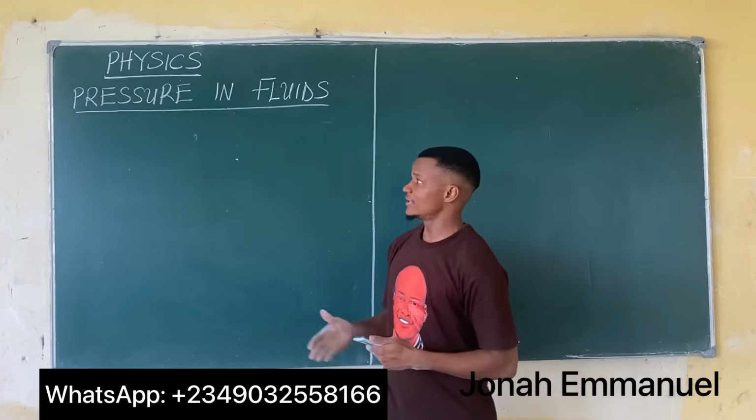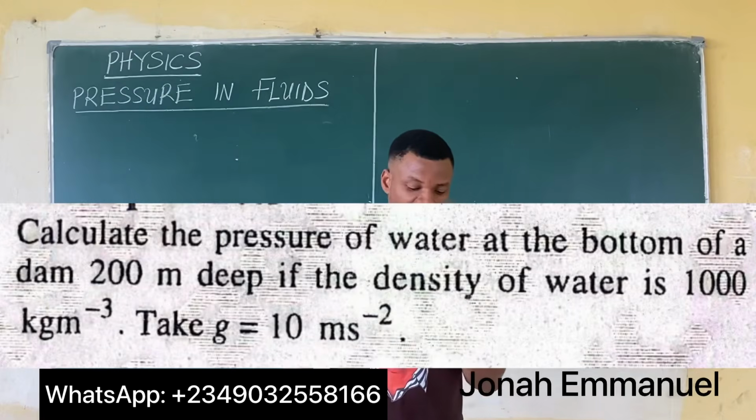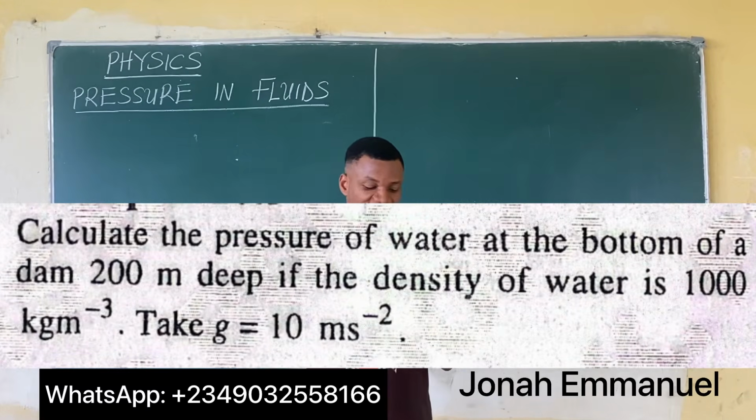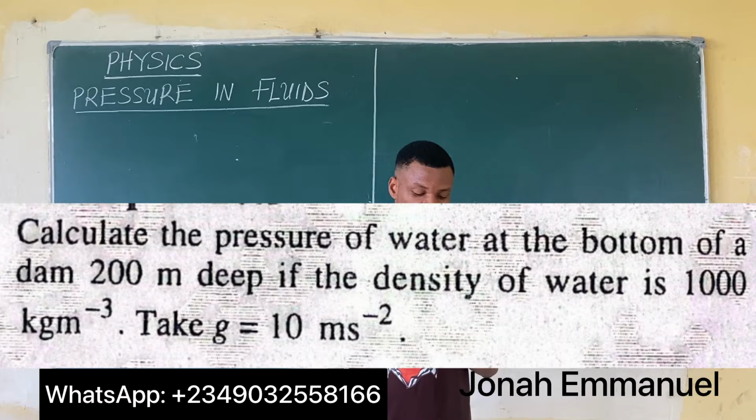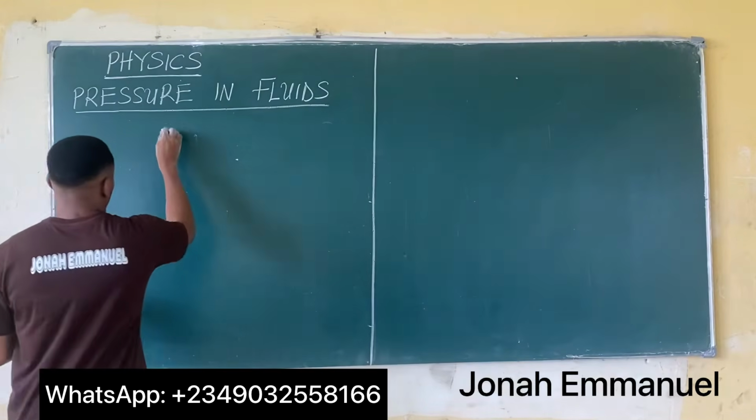Alright, having said that, let's take some examples. So let's look at this example. Example 1 says, calculate the pressure of water at the bottom of a dam 200 meters deep. If the density of water is 1,000 kilograms per meter cube, take gravity to be equal to 10 meters per second squared. Alright, solution is